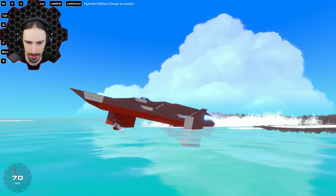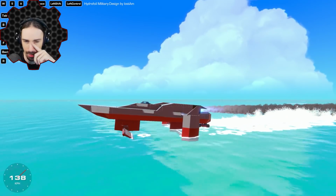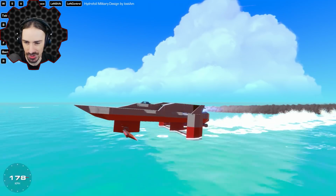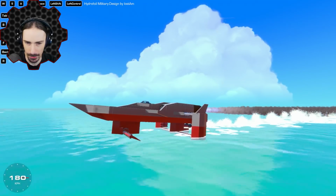All right, I have full angle now on the hydrofoil. I don't know if this is the intended angle. A shallower angle will probably be technically faster. I don't know, actually. Let's find out. All right, I think I've reached about max speed now, 179, 180. Now, if I go a little bit further down,